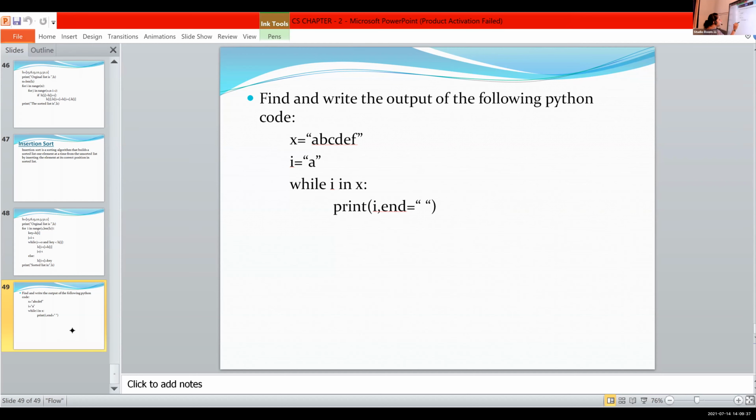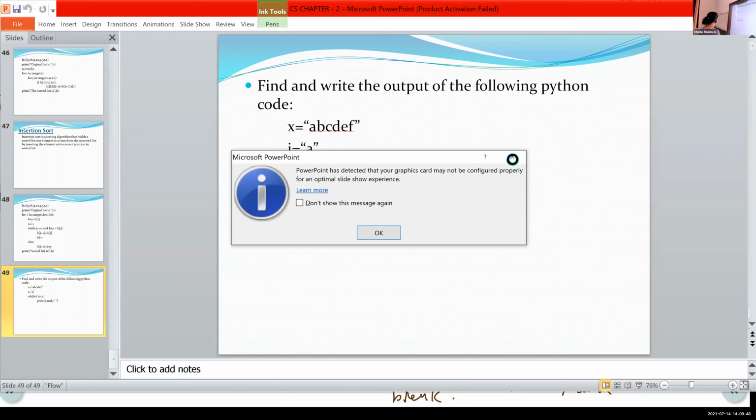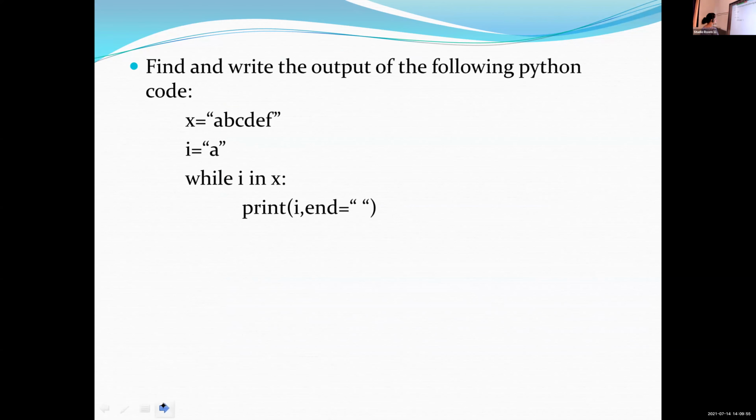If there is one increment statement, I is equal to I plus 1, then the next time the I value will be B. It will increment.